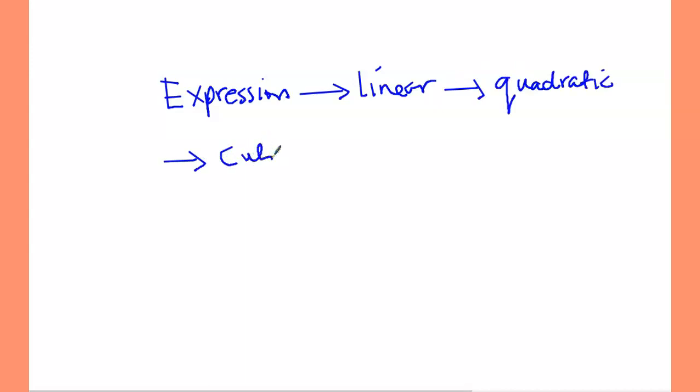Great. So this is really helpful, and if you're in high school and you want to do really well, then you have to start with linear. You have to start practicing your expressions, and then you become good at linear. The linear could be an equation or an expression, and then you go to the quadratic, and then you solve some cubic functions and all the quintic functions. And then that's all that you need to know. If you can master this, that's all that you need to get your highest